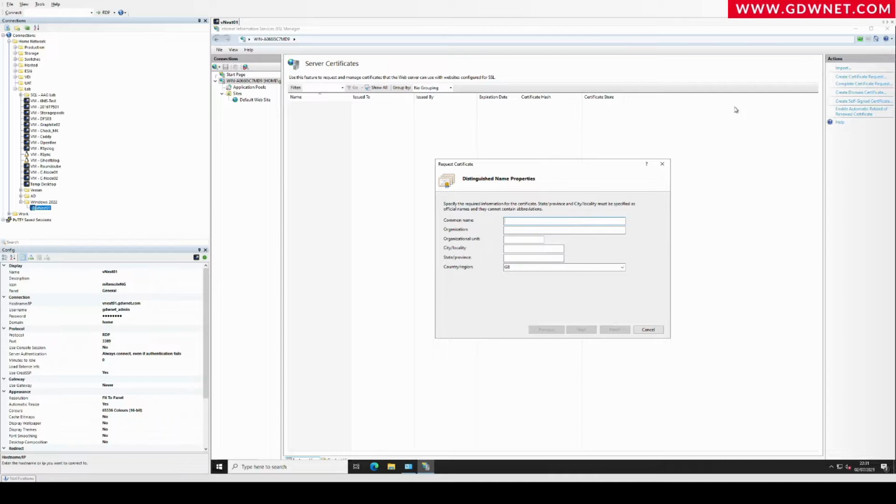Most of these don't actually mean anything. The important one is the common name. Pretty much everything else you can ignore. But the common name has to be the name of the site. Organization, who cares? Unit, whatever. City, don't care, doesn't matter. These are just text fields. State, province,